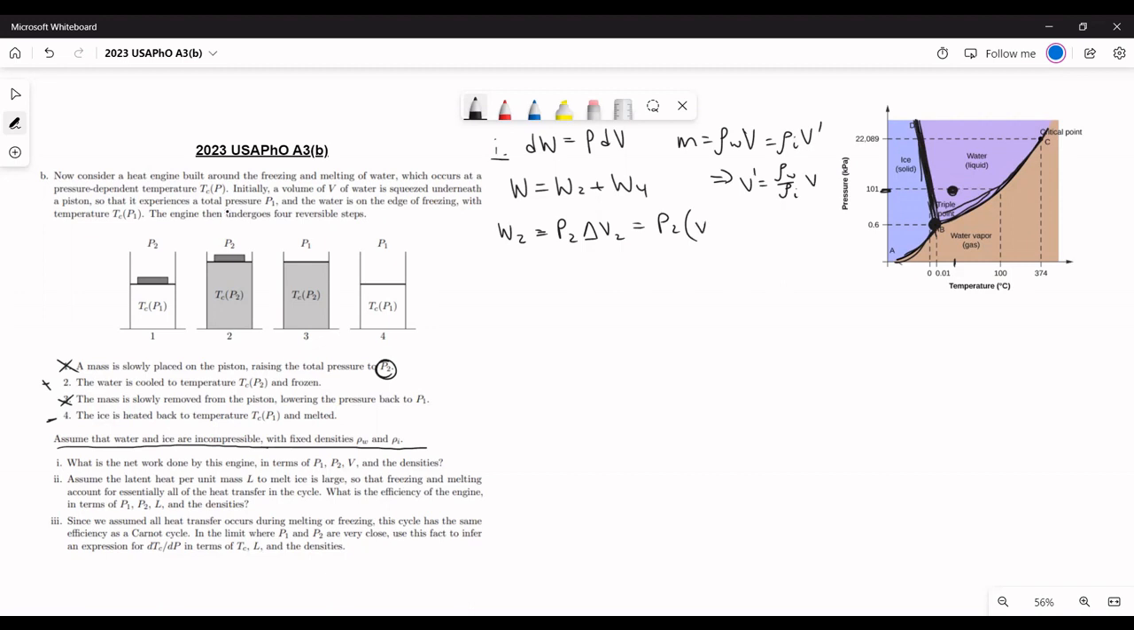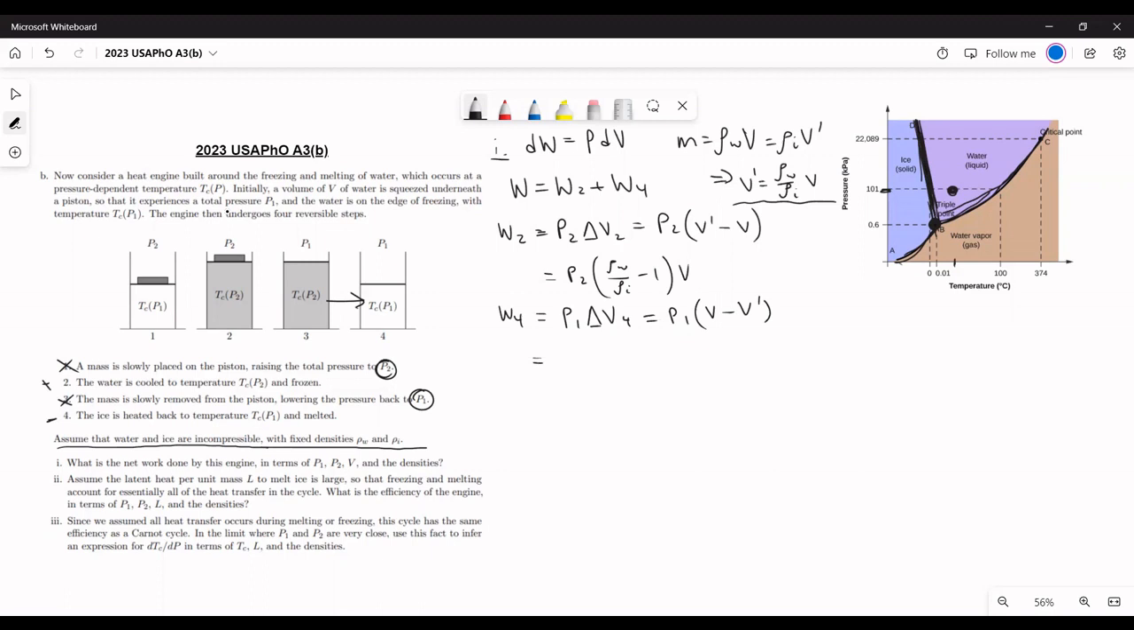So the final volume is V prime, and the initial volume is V. And substituting in this expression, we can get the work in step 2 is just P2 times this factor, rho W over rho I minus 1, times the volume that we're given. And we can do something similar in step 4, where everything is instead done at this constant pressure P1. But we have a different change in volume here in step 4, because the final volume is actually going to be the volume of the water, which is V, and the initial volume is now V prime, the volume of the ice. So we're basically going from here to here,